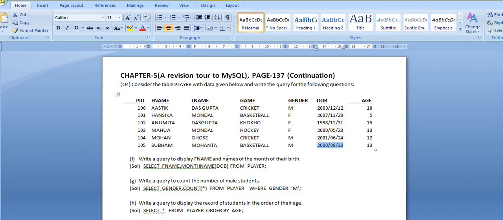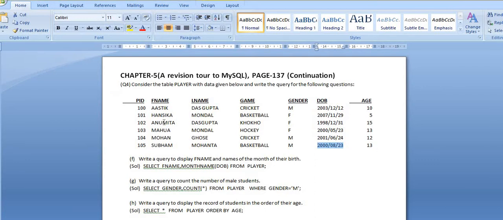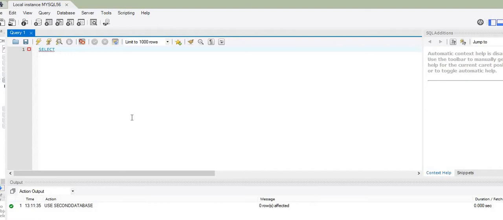But there is a way to get the month name out of that month number from this DOB column, and for that I have to write the SQL query. Now let's write the SQL query. We shall use the select statement. So at first, since I am asked to display the fname entries, that is these entries, I shall select fname first, followed by,